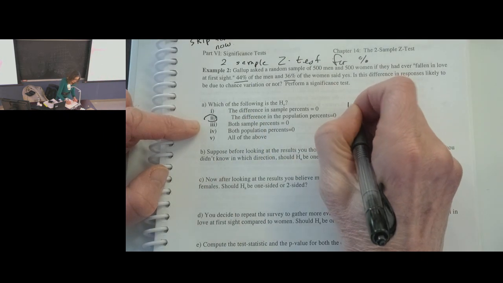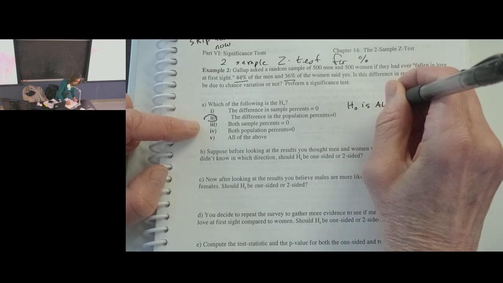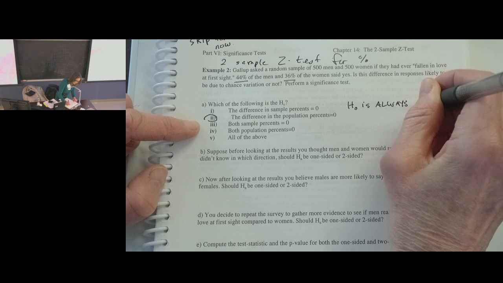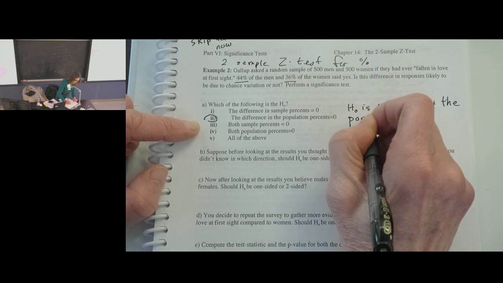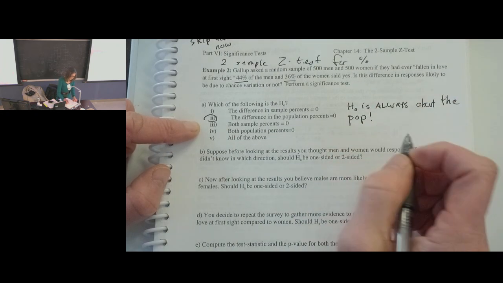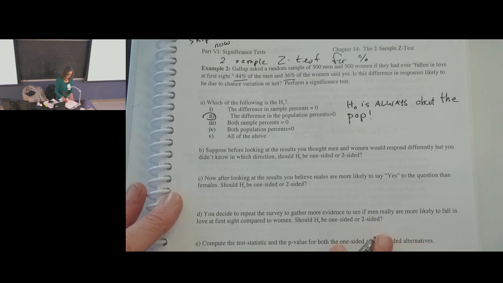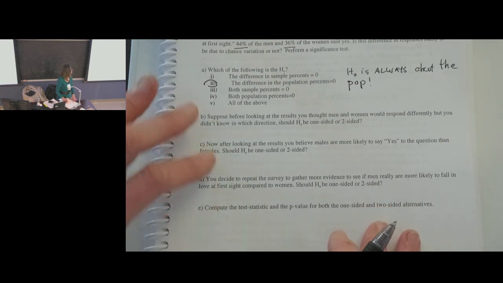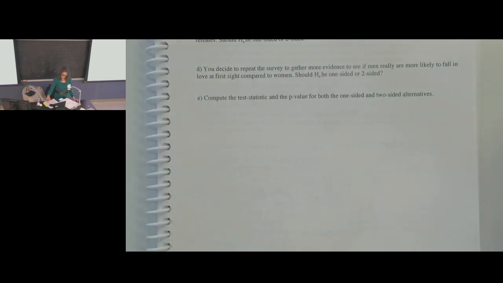So H naught, the null, remember, is always about the population, not the sample. Okay? So our null would be what? Well, let's just think about it. Let's set up the null, okay? Let's think what it would look like, and then we'll answer these other questions. All right, so